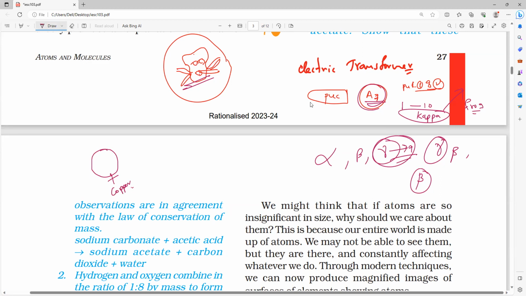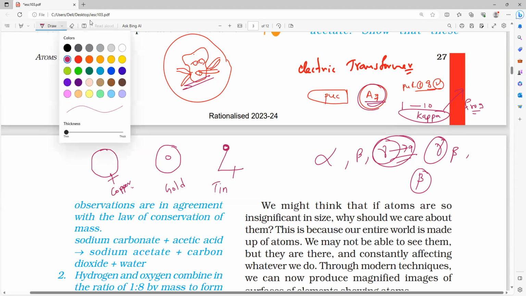Everybody? Copper. If I take gold, this is the symbol. This is the gold symbol. If I take tin, the symbol of tin is very beautiful. This is the symbol of tin. It looks like an alphabet. Sorry, a number. It looks like a 4. Next, if you take common salt,